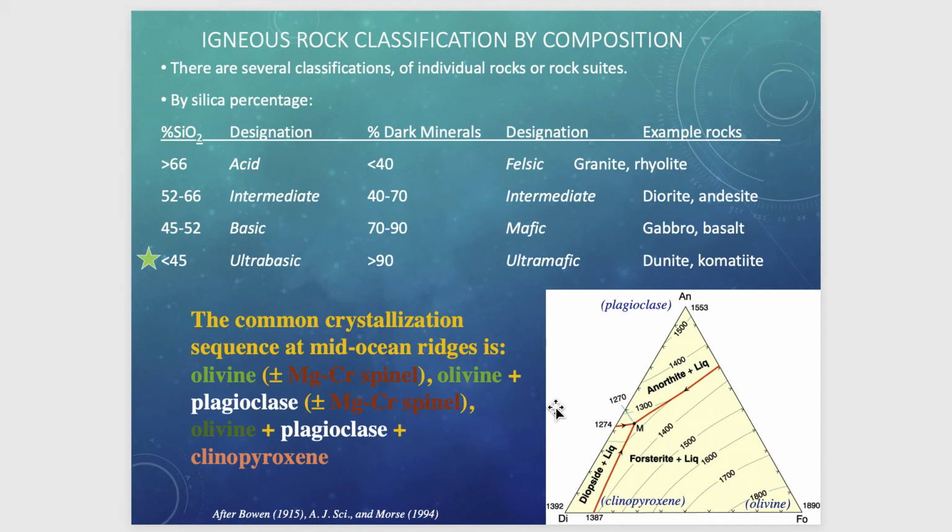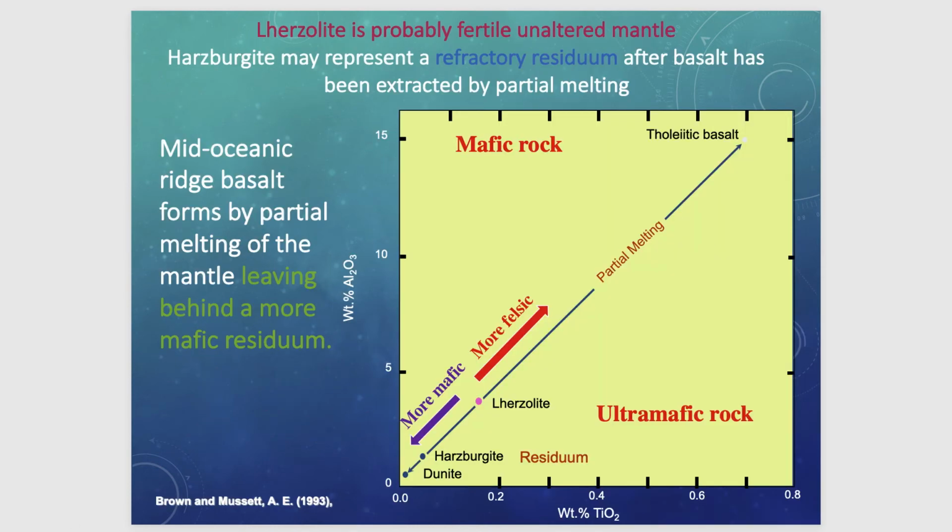situation in which we have also the precipitation of clinopyroxene. So clinopyroxene is essentially occurring early in this phase of crystallization, and it will accumulate at the bottom of the magmatic chamber. And so that's why you get these wehrlites forming. Here is another diagram that tries to explain the relationships that lead to the partial melting and